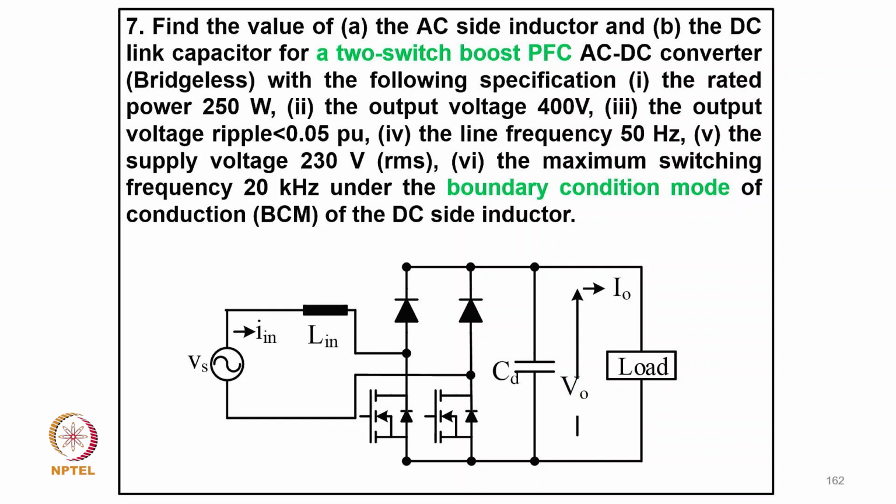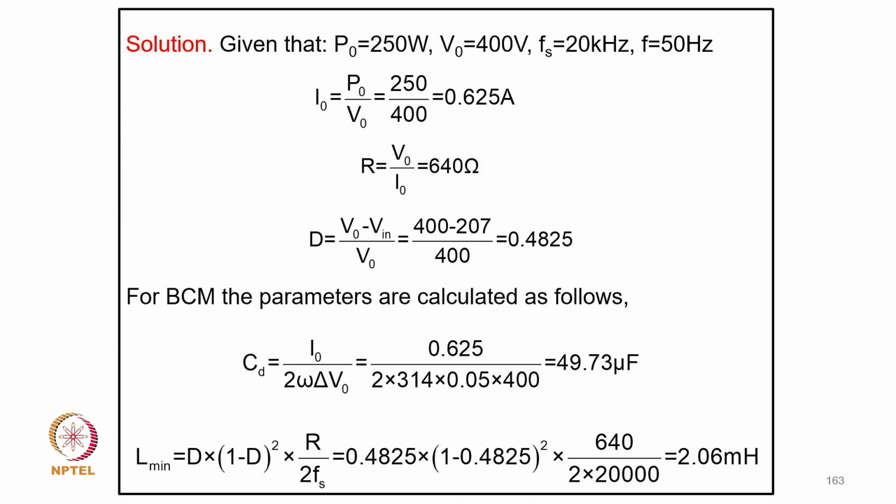So you can clearly see the input inductor and the two boost converter, positive half cycle, negative half cycle, and then the output capacitor. So here also for the solution, I0 equal to P upon V0, which comes to 0.625, and equivalent load resistance R is V upon I0, which is 640 ohm, and D equal to (V0 minus Vin) divided by V0, that comes to 0.4825,